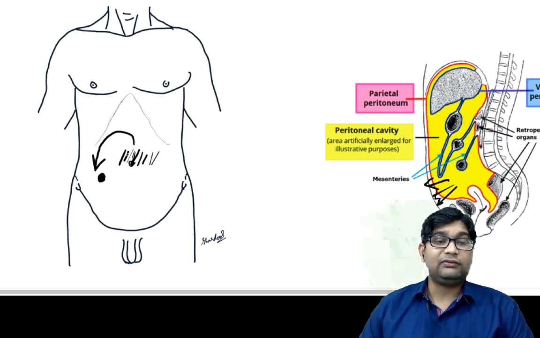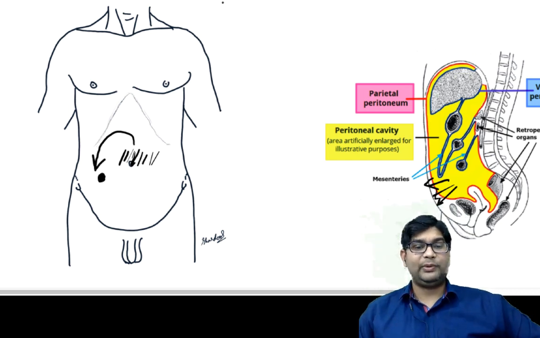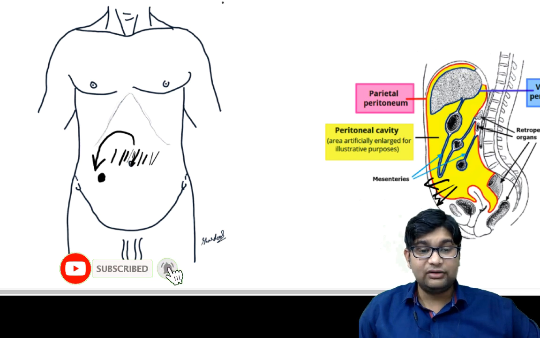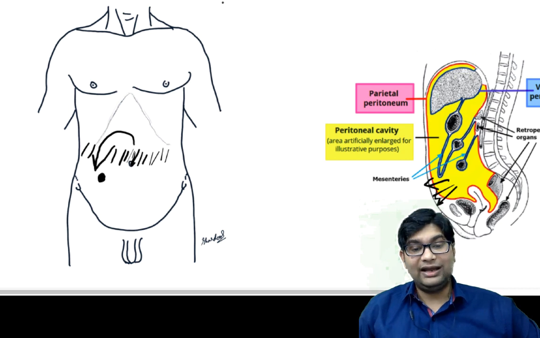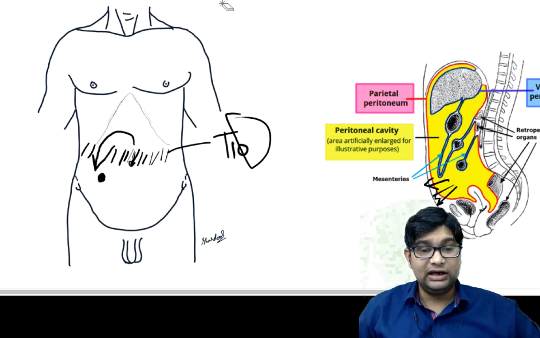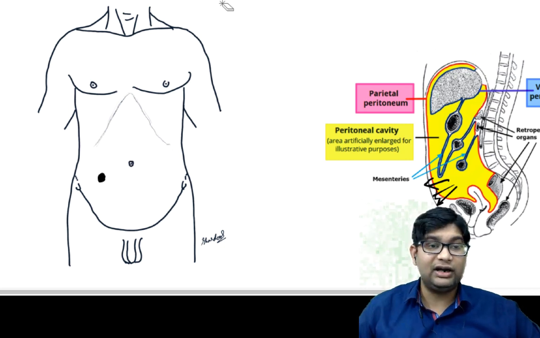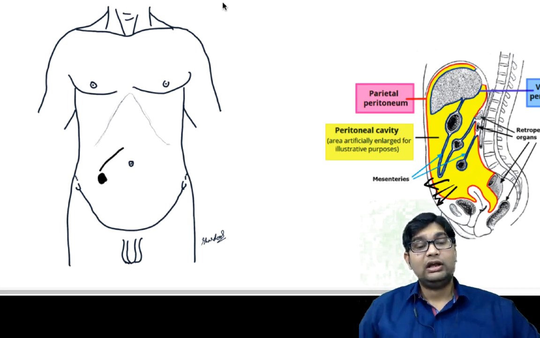Because of the change in character from involvement of the visceral peritoneum to the parietal peritoneum. The visceral peritoneum will give a vague sensation around the dermatome which supplies that particular organ, like T10 for the appendix. Once the inflammation becomes much more, it will localize to the organ where it is residing, like in appendicitis, it will go towards the right iliac fossa.